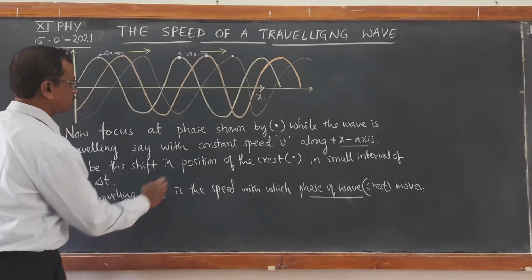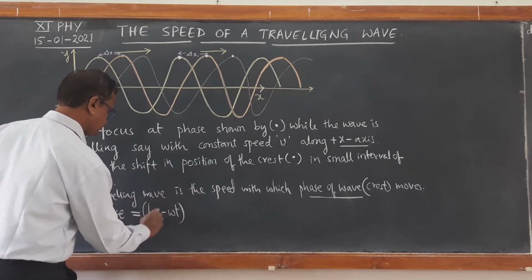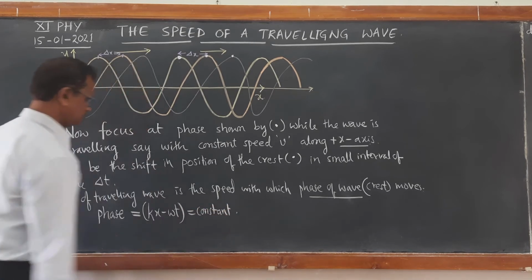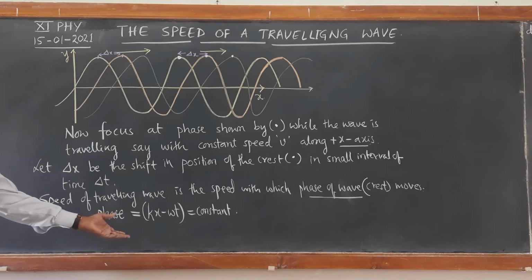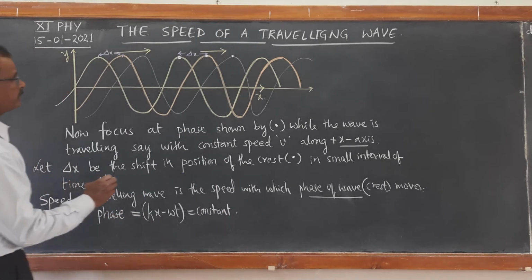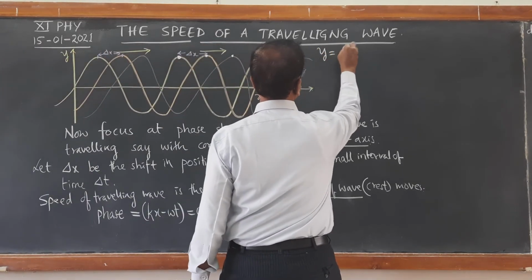Phase of a traveling wave is kx minus omega t. It is always constant. The argument that is there in the trigonometric function, that is taken as phase. You know what is the equation for a traveling wave? We know the equation for a traveling wave: y is equal to a sine